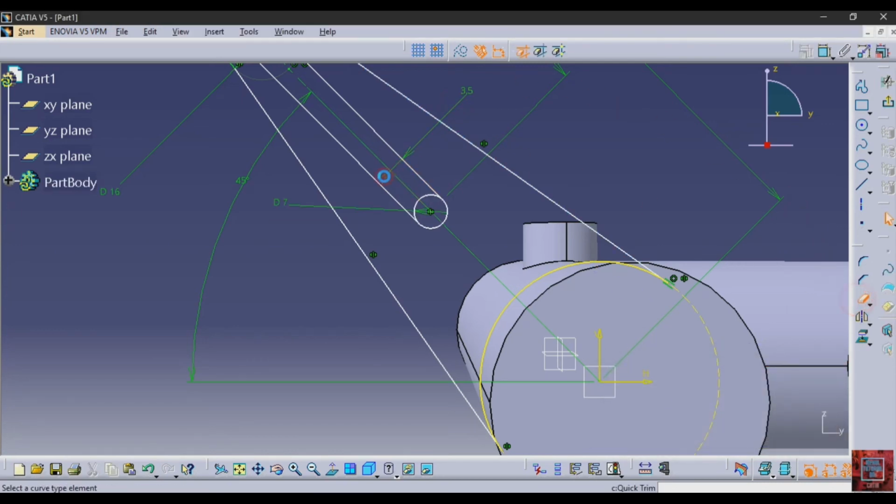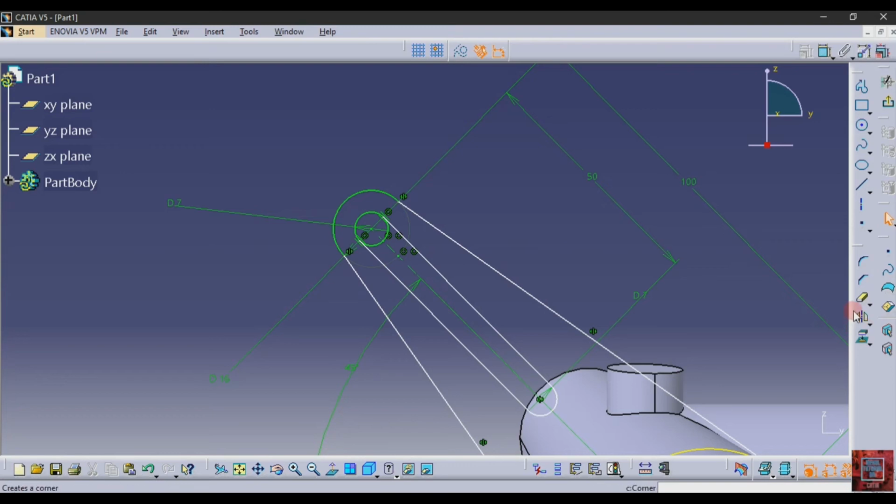After that trim the extra part, delete this and trim from here. Exit sketch.